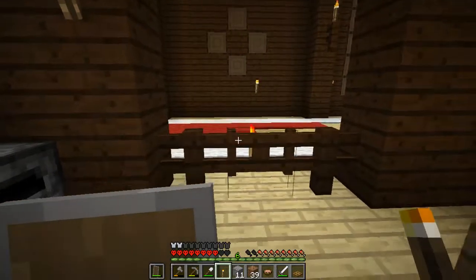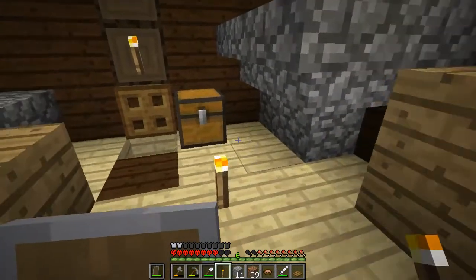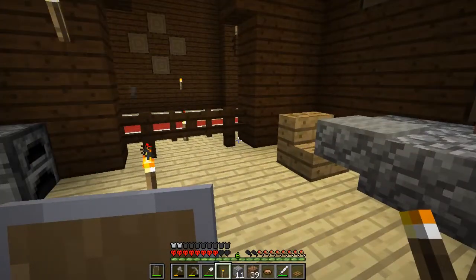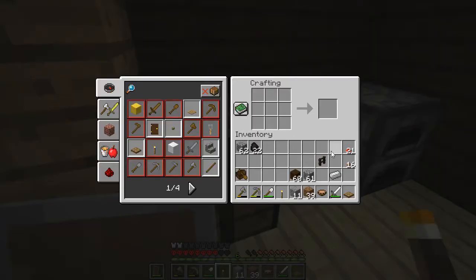Welcome back everyone to episode 4 of the Minecraft Hardcore Challenge, and today we are going to have to start with trying to take over some of this mansion, but I only have one torch here, and I'm obviously going to need a few more of those before I'm going to be able to do anything about that. So let's